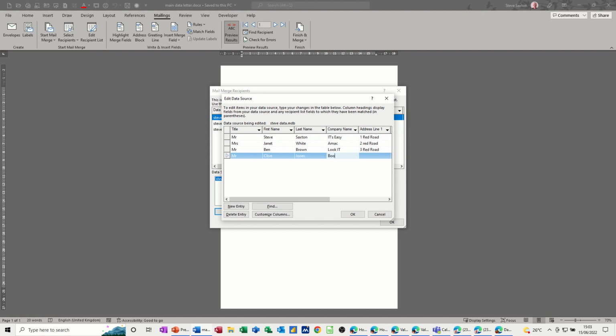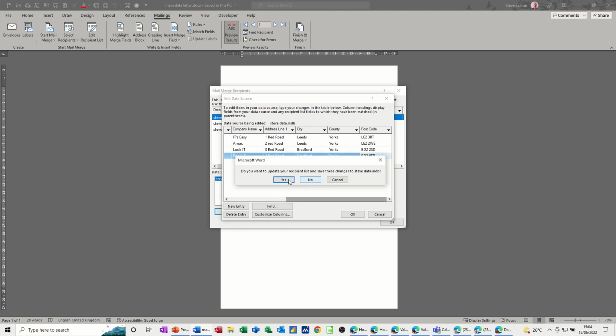from Book IT. They all live next door to each other. 3 Red Road, Bradford, Yorks, etc. So you just type this in, and then you'll just update this record in the actual database. So that's got to have a number in first, so just 6. OK, yes,